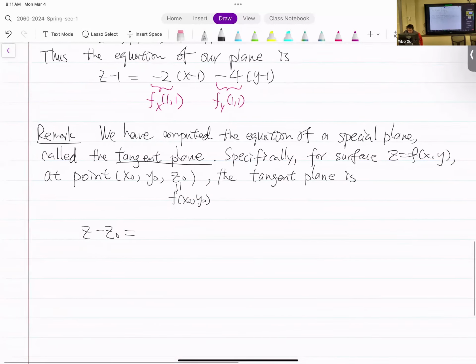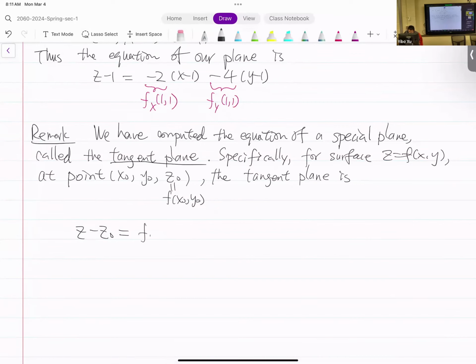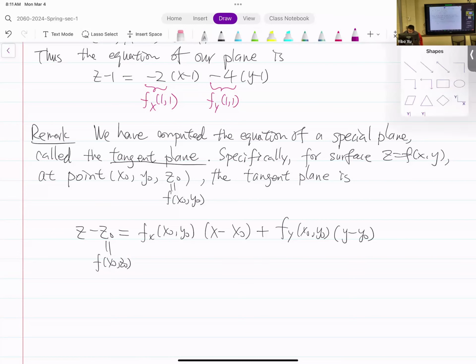So on the top equation right here on the screen, this is f_x of x0, y0, which is the partial derivative along the x direction, and then you multiply by x minus x0, plus f_y of x0, y0. This is the partial derivative with respect to y, and you multiply by y minus y0. And here, once again, we specify that z0 is actually the output of the function. And this is the equation for